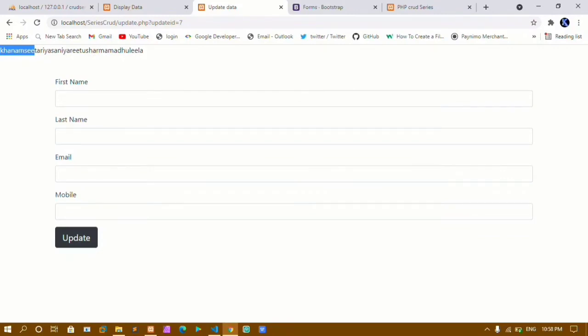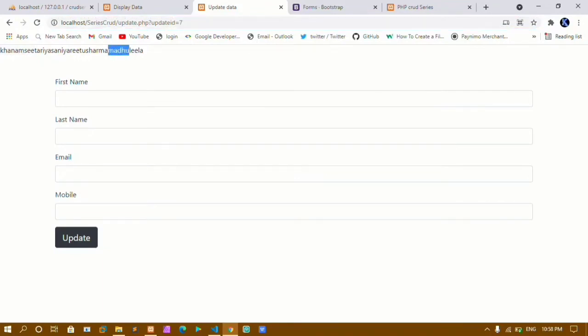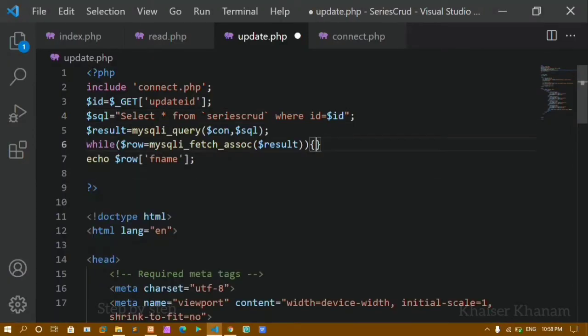We have given that condition only to access this particular ID. This particular ID data I need, that is here Madhu. I don't need the other data, so we are giving that condition. I'll just do Control Z, and here also I'm going to remove this while loop. The while loop will give all the data present inside my table. Here I have given the condition, so it will fetch only the data of the ID which I have clicked.